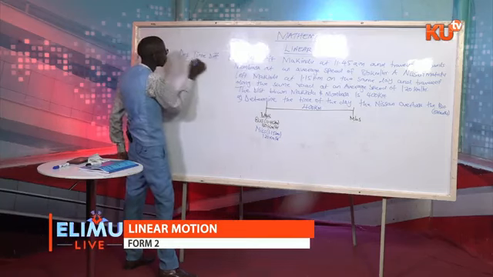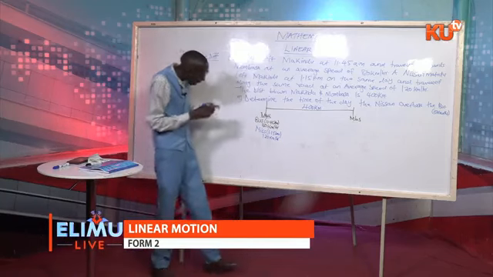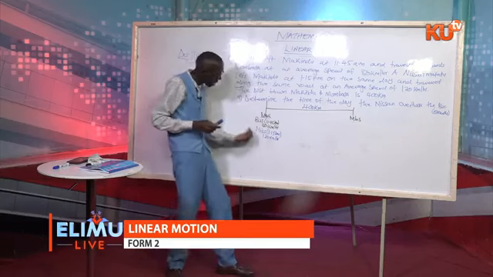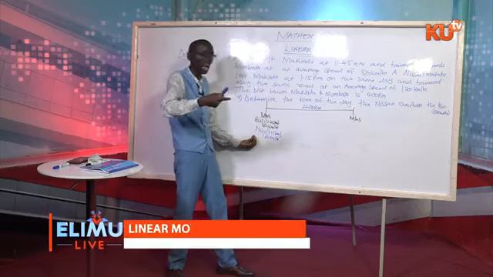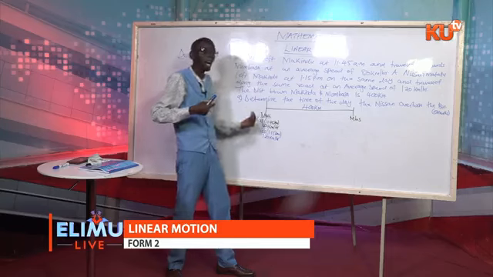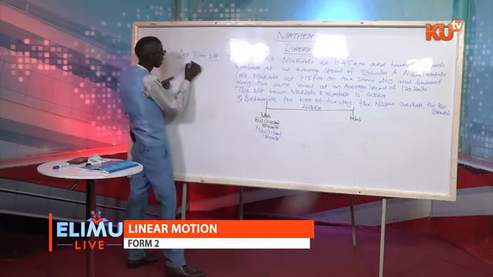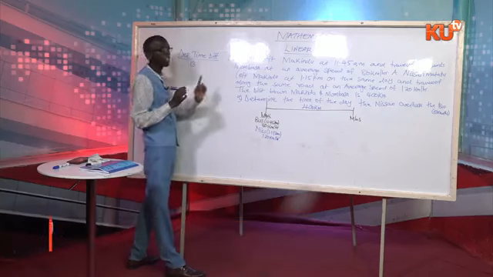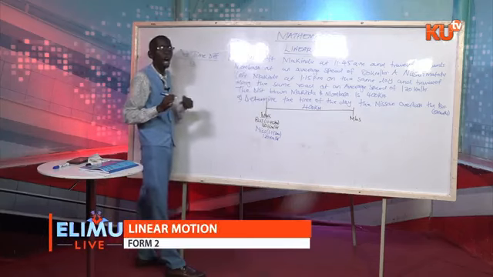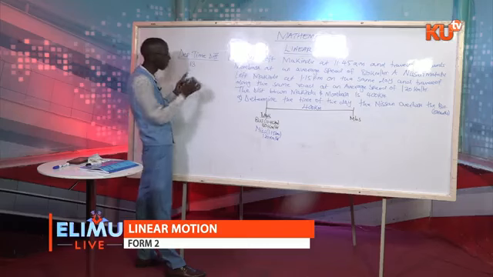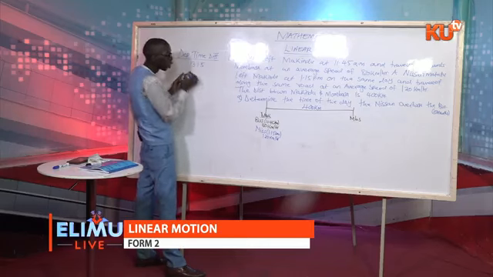Departure time difference means by the time the Nissan began the journey, how long had the bus traveled? We'll take the departure time of the Nissan, 1:15 p.m., in 24-hour system is 13:15. You subtract